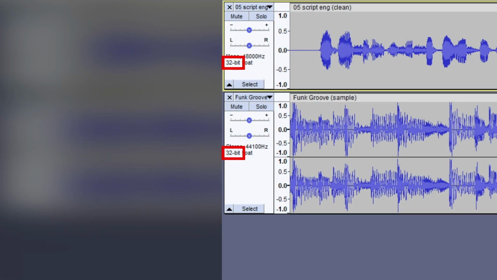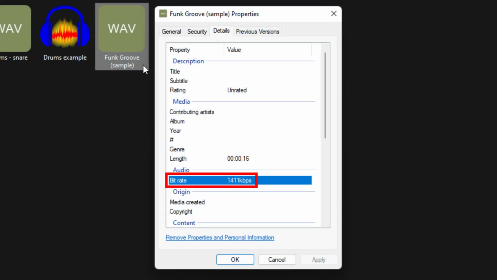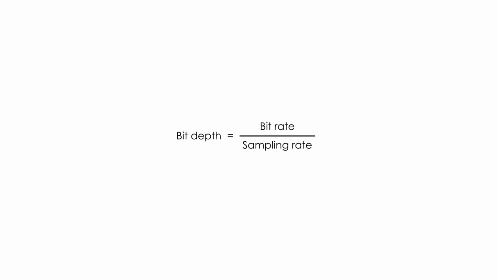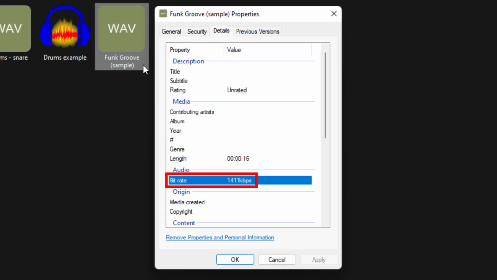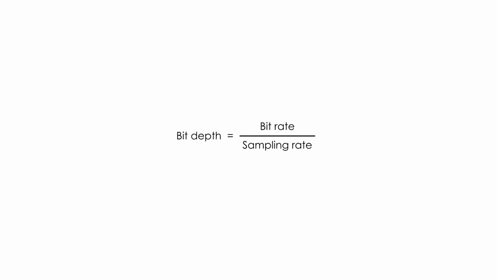Here, we can also see a bit depth. However, this bit depth is not the bit depth of the audio file, but rather it is a bit depth used internally in Audacity. To find the bit depth of a WAV file, you can first find the bitrate in the file properties, and then divide the bitrate by the sample rate. Keep in mind that if the audio is in stereo, this bitrate will be that of the two channels added together. This way of finding the bit depth is specifically for WAV files, since MP3 files store information in a different way than PCM and can have a variable bitrate.